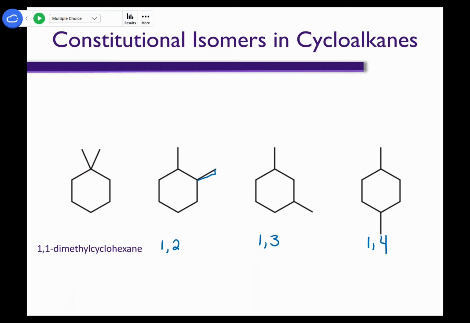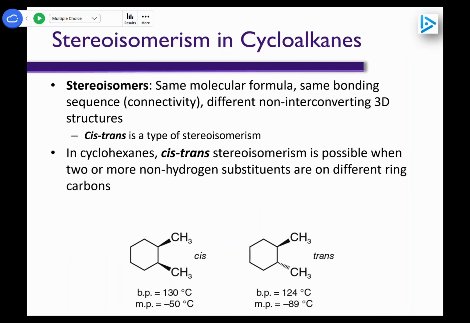So whether this is coming towards you or whether that methyl group is going away from you, that's going to result in a different type of molecule. So we have constitutional isomers, depending on which carbon we put those methyl groups on. But then we also have a stereoisomer option happening for some of these, because depending on if you put it on the substituent pointing this way or put it in the bonding region pointing away from you, that also makes a different molecule. This is where we get